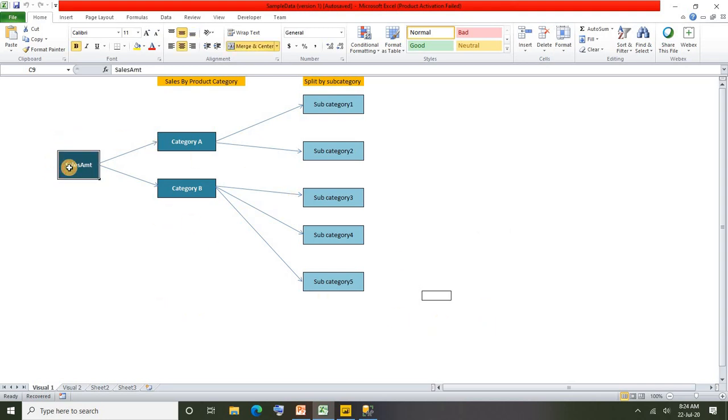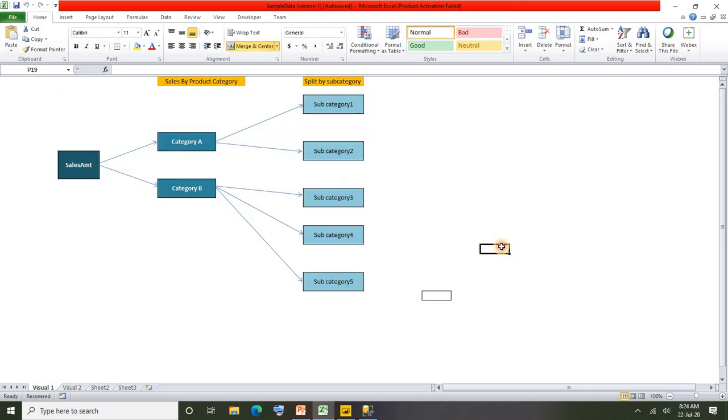For example, from sales amount I can drill down to category level. Even if I want to drill down to subcategory level by skipping category, I can, directly from sales amount. And from subcategory to year also, I can do that. That feasibility you will have in the decomposition tree visual.